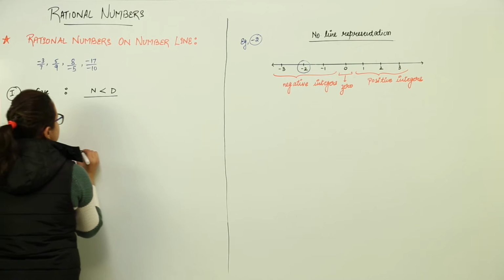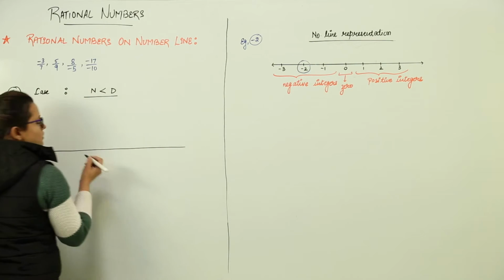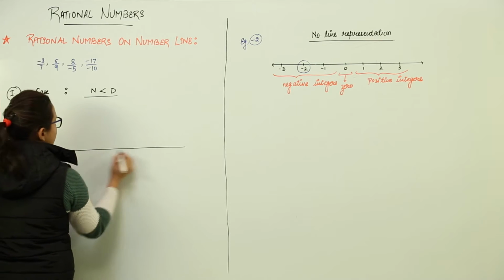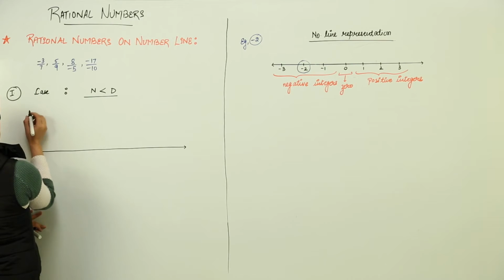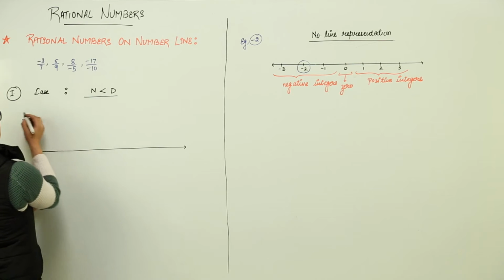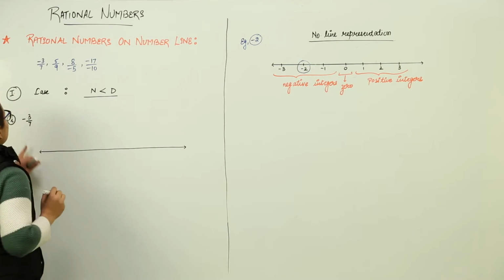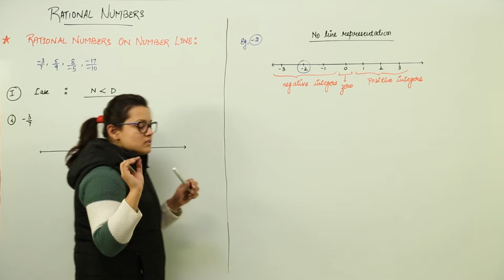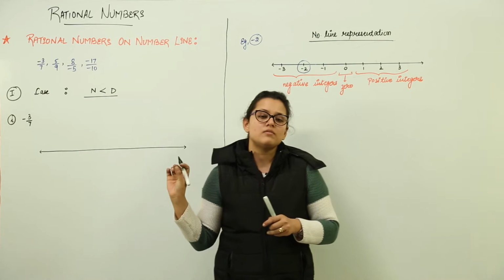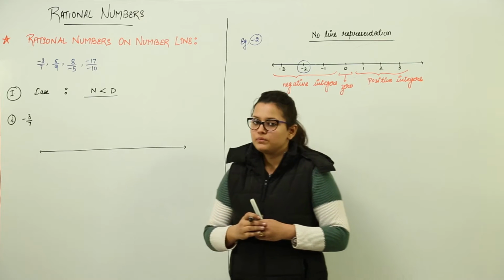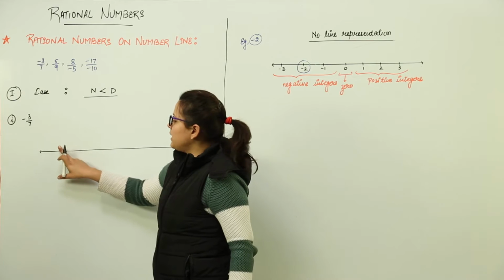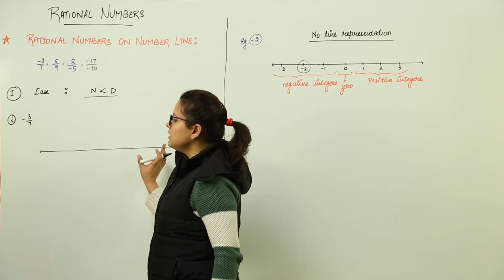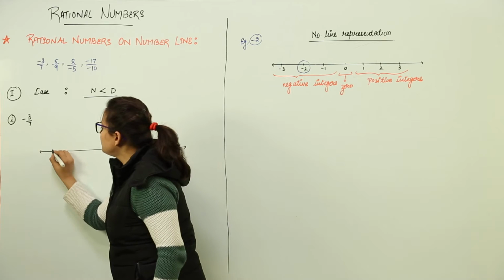You make a line, whatever measurement you want it to be. Just see how much is written. Let us consider the first case, -3/7 here. You have to represent this on the number line. Now here you can see what is written in the denominator: 7. 7 is definitely bigger than -3, right? So whatever is written in the denominator, divide the line into that many arcs. How would you do that?